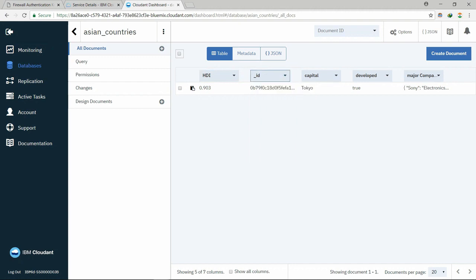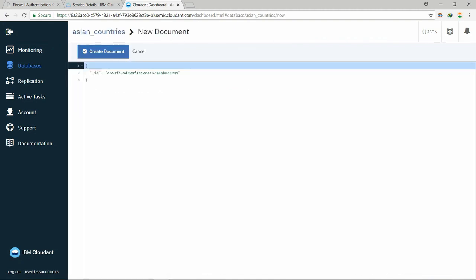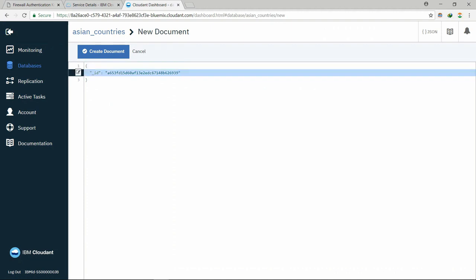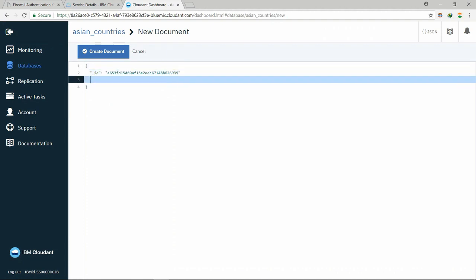Major company, we have various categories that we have created, the key value pairs. The key is showing on the top, the value is showing in the bottom. Similarly, we could create more documents or more tables or more records for the same thing. Suppose I want to create another country for, say,